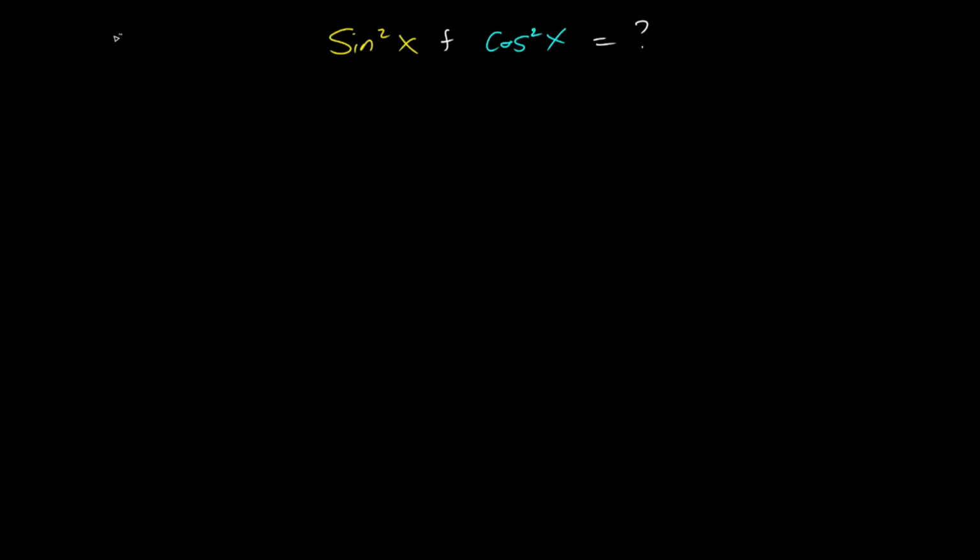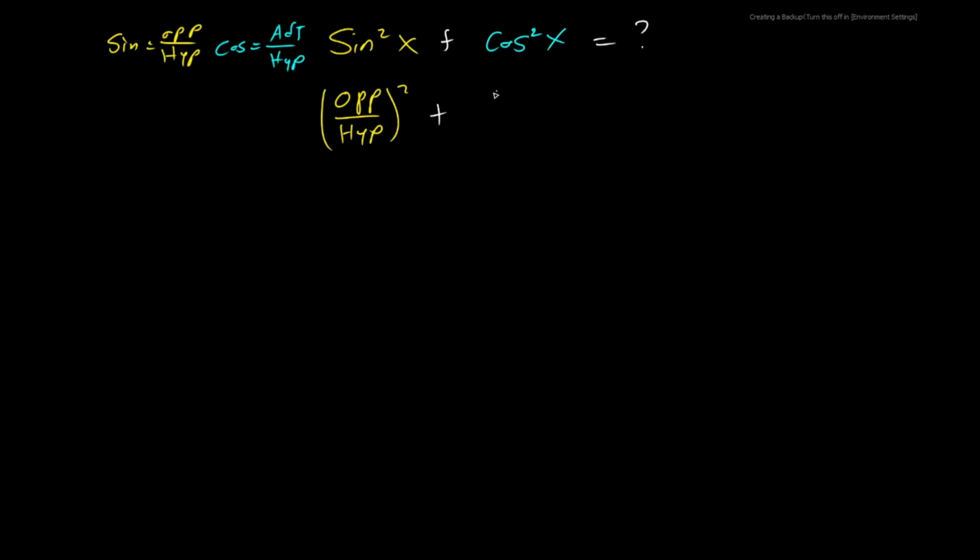Well, we know that sine is equal to the opposite over the hypotenuse. And we know that cosine is equal to the adjacent over the hypotenuse. So let's substitute these in. So we get the opposite over the hypotenuse squared plus the adjacent over the hypotenuse